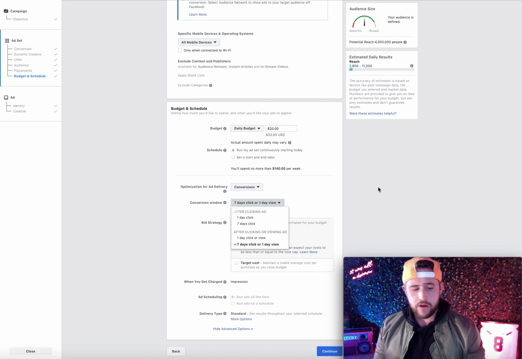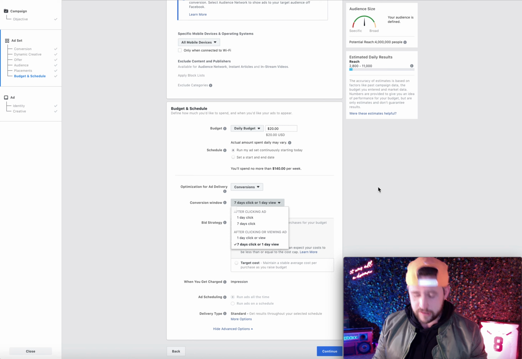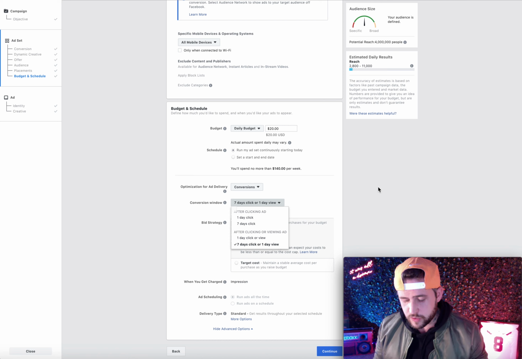That's $50 for 2 conversions. So if I need to be getting at least 25 conversions in 7 days, that means I need to be spending 50, because it's $50 per conversion, 50 times 25. Okay, so that means 1,250. So for this ad, I need to be spending $1,250 per week,